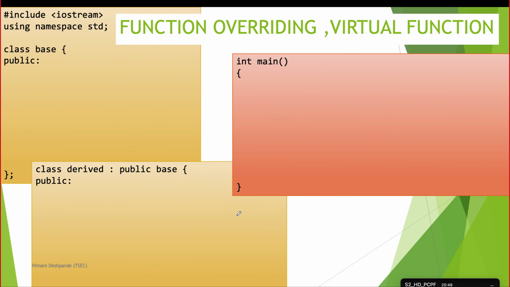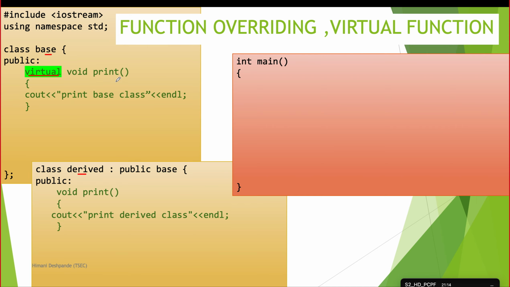Now we'll see one more example on this, in which we will be using the overriding concept as well as the virtual concept. We have a base class and a derived class, and both are going to have similar functions. The first function in the base class is the print function, and it is virtual by nature, so the keyword virtual is there. Now we have a print function in the derived class as well. So print of base is virtual, print of derived is not virtual obviously. This is the first function, the print function.